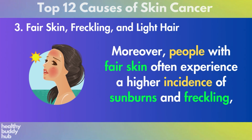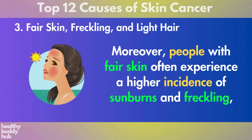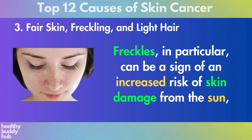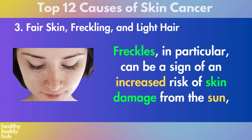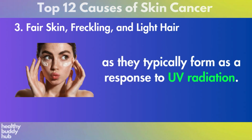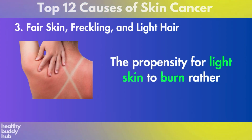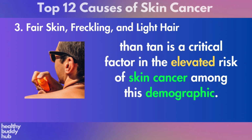Moreover, people with fair skin often experience a higher incidence of sunburns and freckling, which are indicative of skin damage from UV exposure. Freckles, in particular, can be a sign of an increased risk of skin damage from the sun, as they typically form as a response to UV radiation. The propensity for light skin to burn rather than tan is a critical factor in the elevated risk of skin